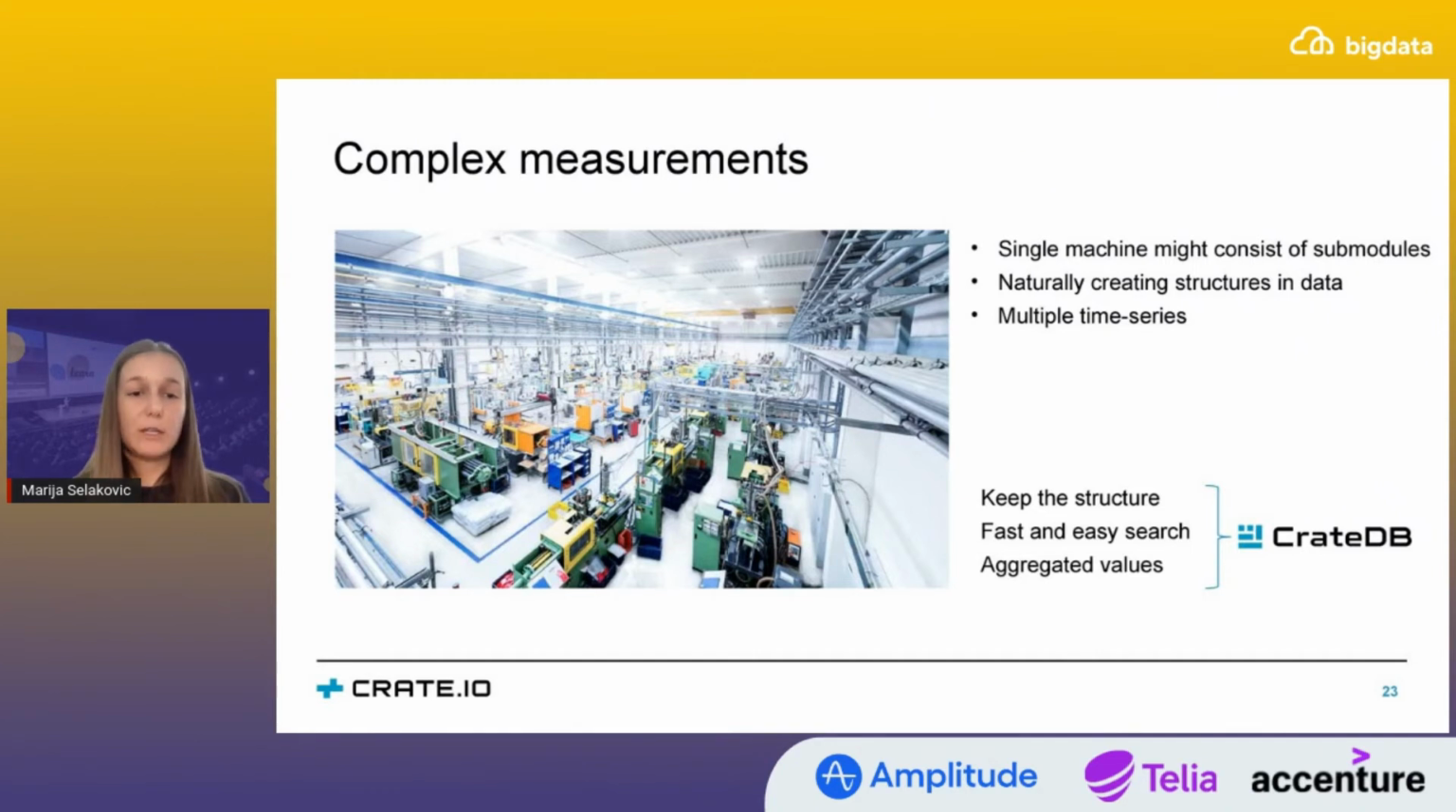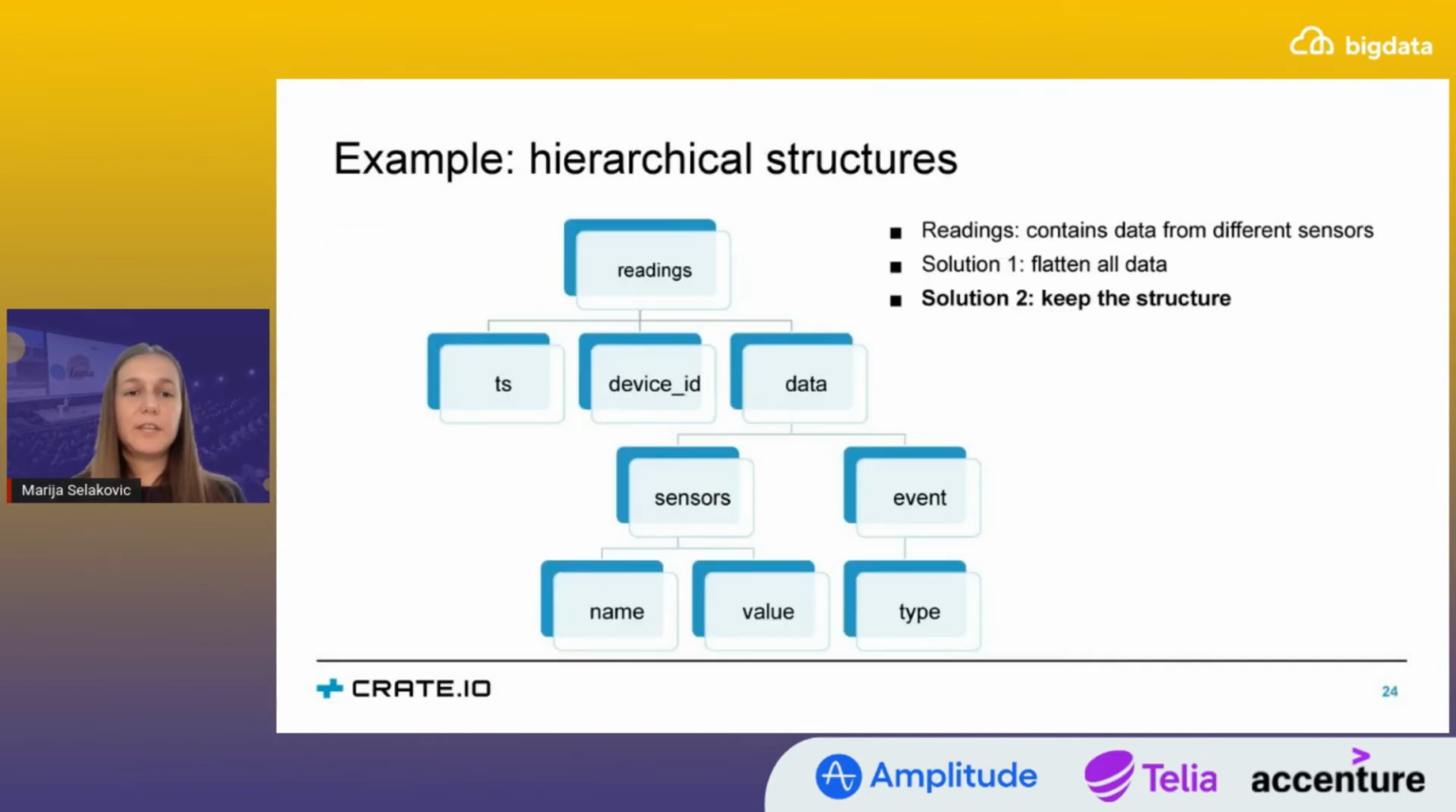So what do we want in this case for better and maybe easier analysis? We have seen that usually it's advisable to keep this structure in the data and to still have these properties of fast and easy search and fast aggregations when it comes to semi-structured data. This is something that you can easily achieve with CrateDB, and one of the examples that we consider here are